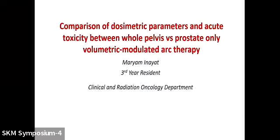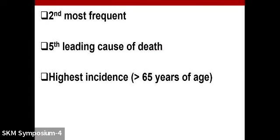Assalamu alaikum and good afternoon. My name is Dr. Mariam Inayat and I'm a third year resident from the radiation department. I am going to discuss the comparison of the dosimetric parameters and acute toxicity between whole pelvis versus prostate only volumetric modulated arc therapy. So as we know, prostate cancer is the second most frequent cancer in men